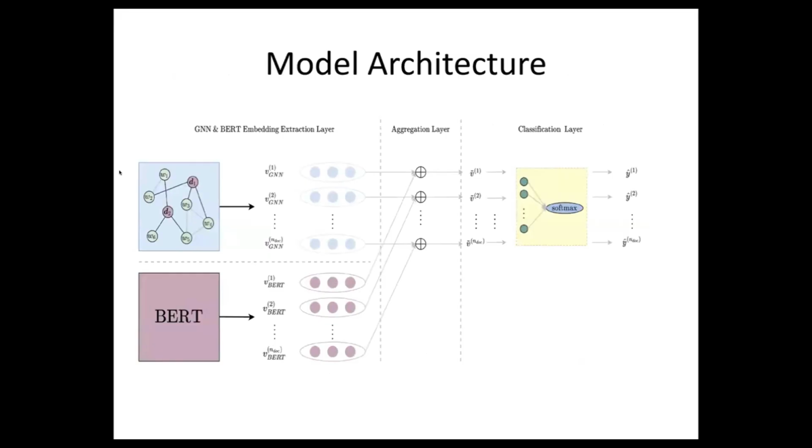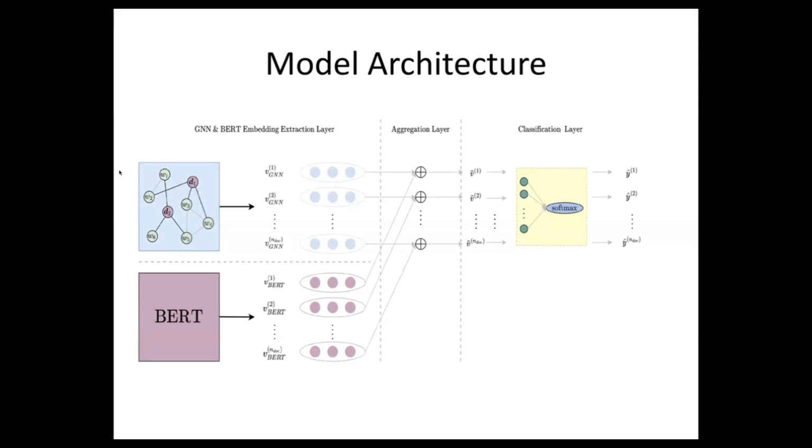Let's walk through the model architecture. We start with two parallel components. First one is the graph neural network and second is DistilBERT. In the top half, we can see the GCN pipeline where we construct a document word graph. Here documents and words are nodes, and edges capture co-occurrence relationships. We pass this graph to the GCN to compute structural embeddings for each document.